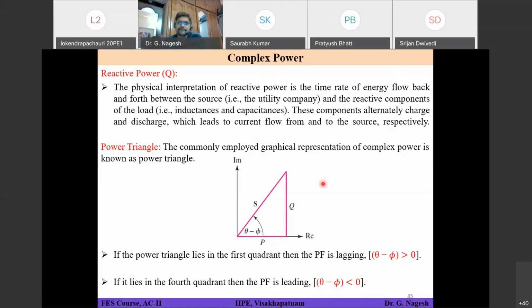Yes, sir. Sir, it can also be called the oscillation energy of reactive elements. You can call it oscillation, but that term may not suit. But it is actually something like that. It is an oscillation energy from source to the load. It is actually the power which is oscillating, flowing from source to load and load back to source. So that will happen only if you have inductance or capacitance in your circuit.